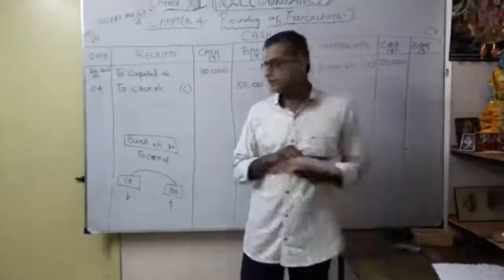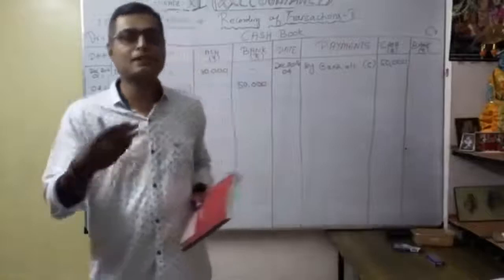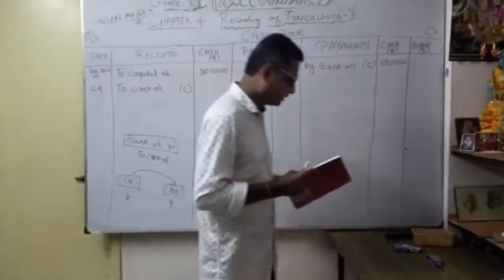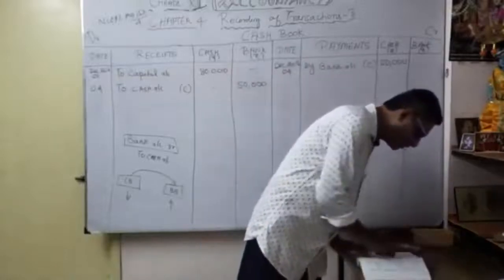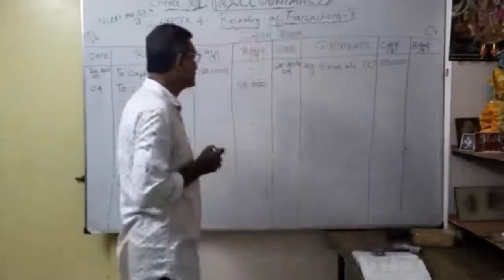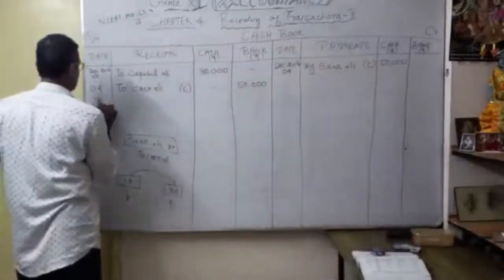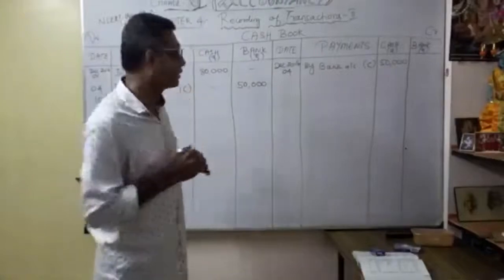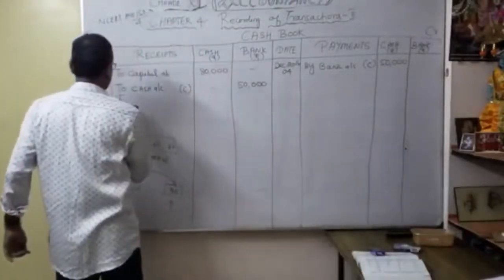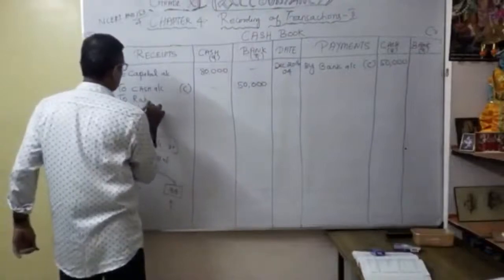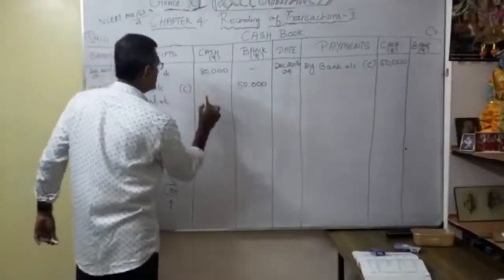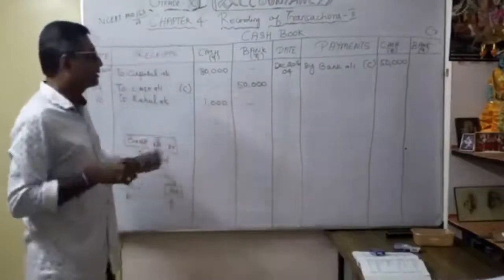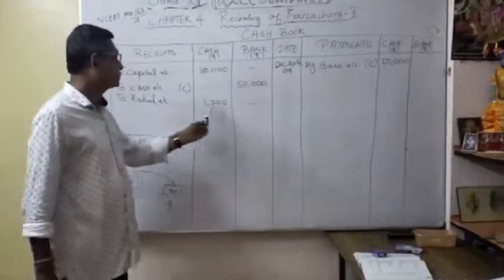Okay. So in this situation, better you prepare the journal entry, then do the posting. Okay. Then what is this? December 10, received cash from Rahul. How much? 1,000. So what is the entry? December 10, received cash. So cash account debit, 1,000 to Rahul account. Rahul account, which column? 1,000. Because I got cash, so put a dash. Understood? Cash account debit to Rahul account 1,000.